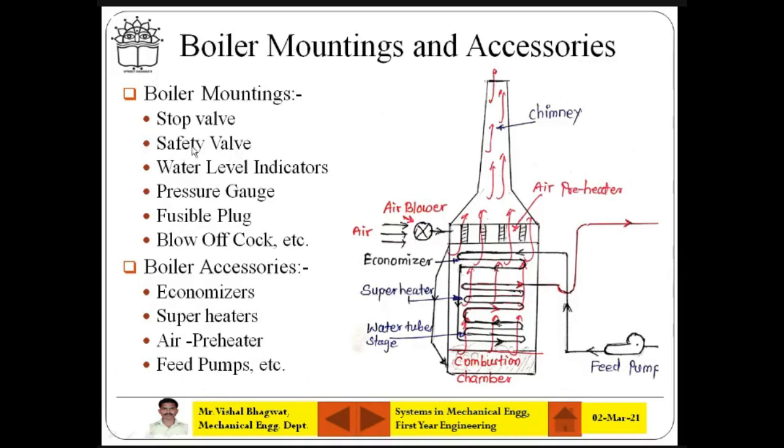Safety valve is on the boiler, like you have on the pressure cooker, right? The pressure cooker has a dead weight valve, which is nothing but the whistle. In the pressure cooker, when pressure increases to a certain level, the whistle is lifted and some amount of pressure is released in terms of steam.